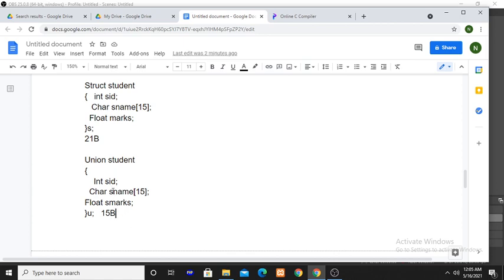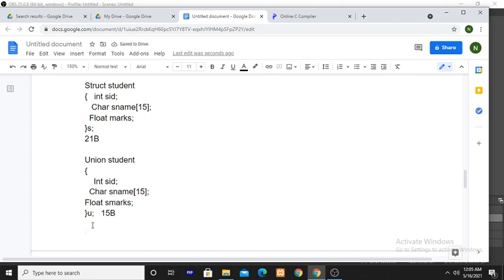Because here only one memory location will be created, so in that memory location you can store only one member at a time. For a structure, separate memory is created for each member, so you can store all the members separately. That is the difference between structure and union, and remaining all things are the same as the structure.